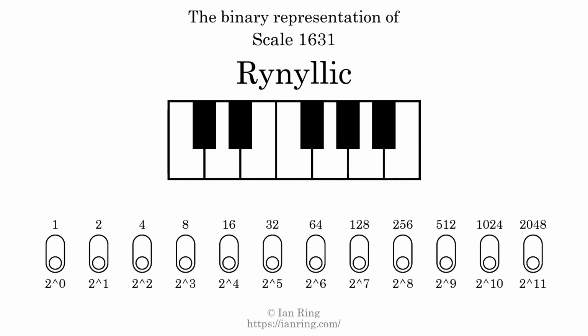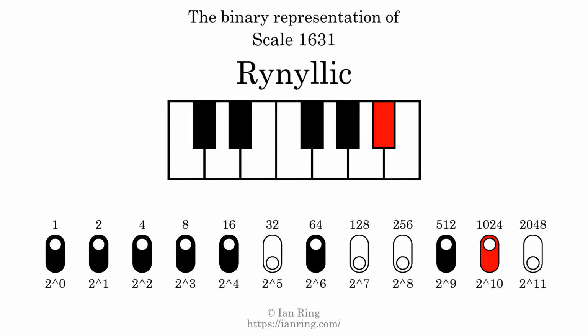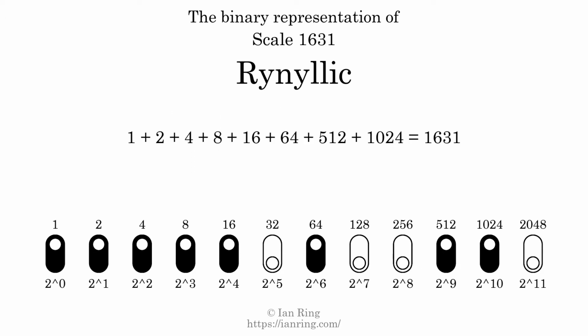The binary representation of this scale is determined by mapping tones of the scale to binary digits. Each binary digit represents a power of 2. To get the scale number, we add the powers of 2 together. The powers of 2 that are present in the scale, all added together, equals 1631. That is why the scale number, in decimal, is